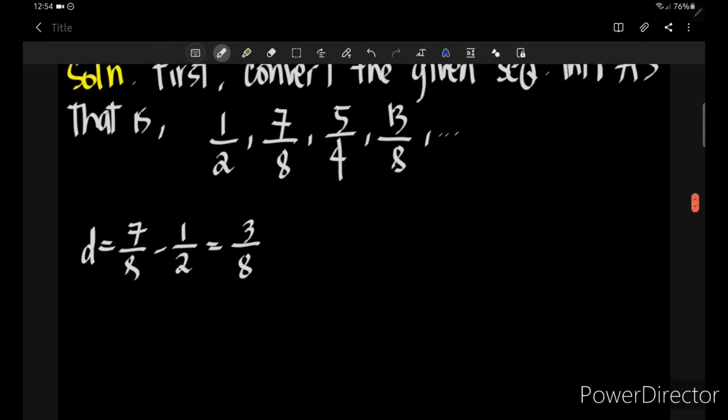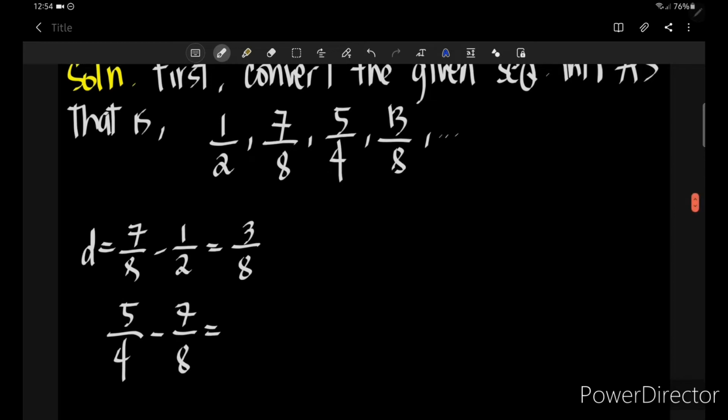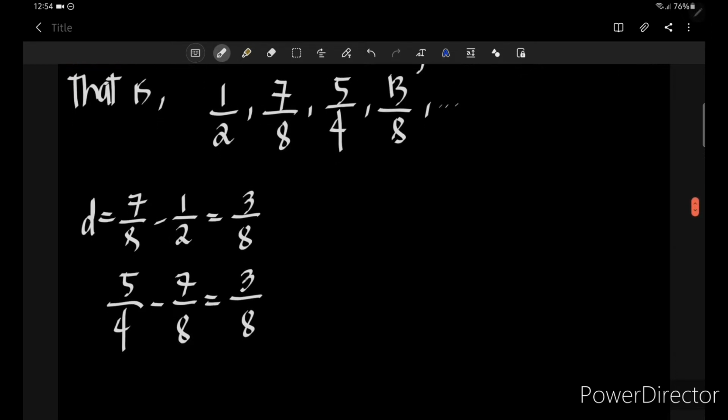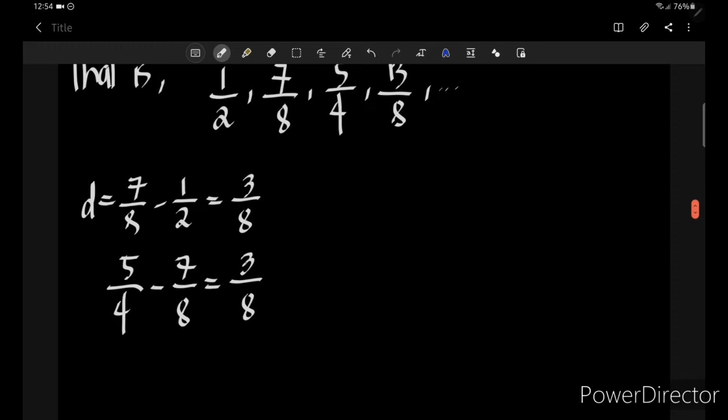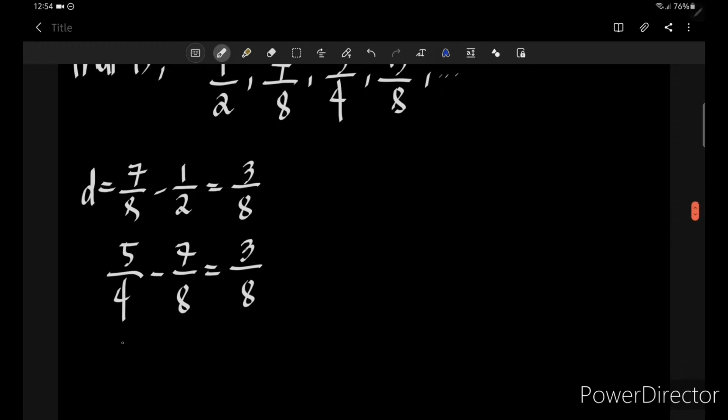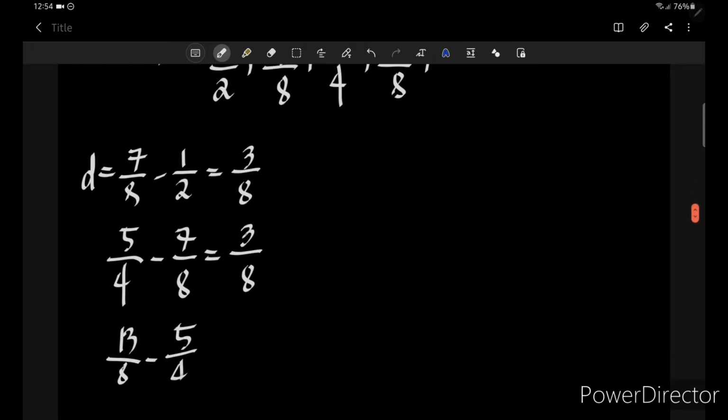Right? Pwede rin natin kunin yung 5 over 4. Subtract natin yung 7/8 sa 5/4, makakakuha pa din tayo ng 3/8. Or kung gusto natin ipagpatuloy pa, halimbawa si 13/8, subtract naman natin sa 5/4, still 3/8 pa din yung ating makukuha. So, ang common difference is 3/8. Right? Now, to get the ninth term,